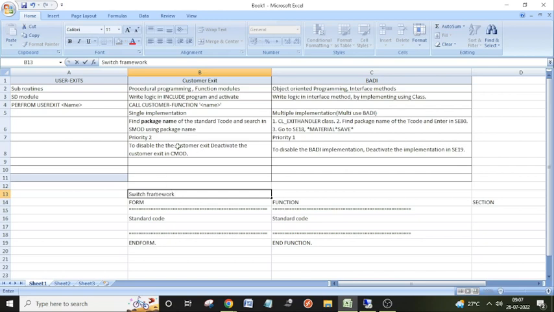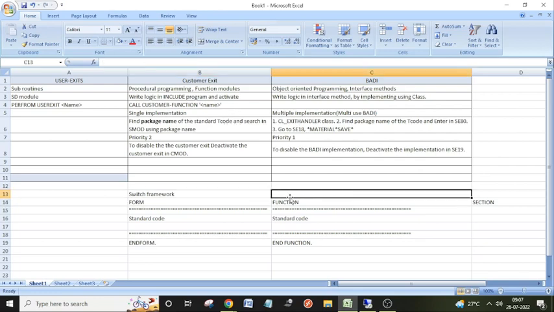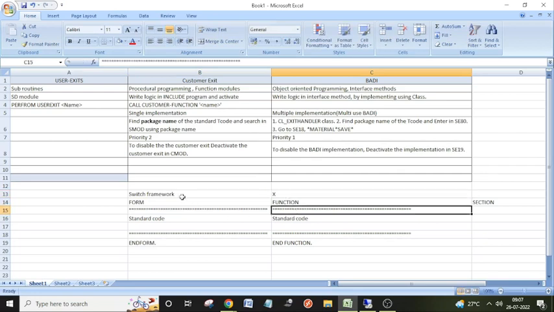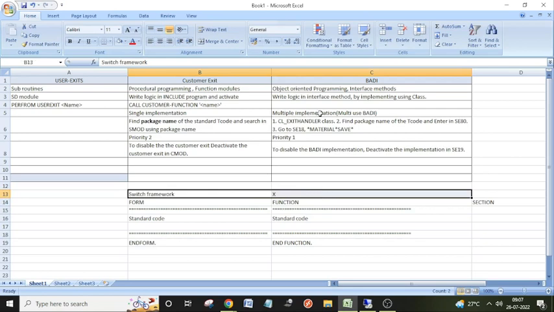That means they maintain all these BAdIs or customer exits in one custom table, and they use one flag field, that is the X field. Whenever they are calling this BAdI implementation, inside the BAdI implementation they check, for example,